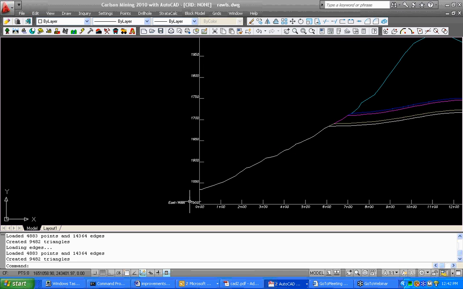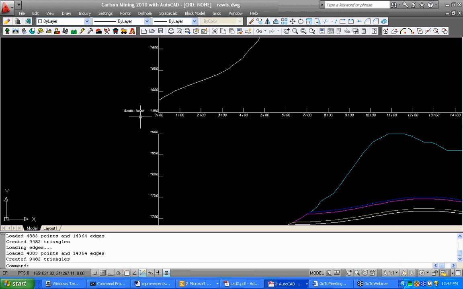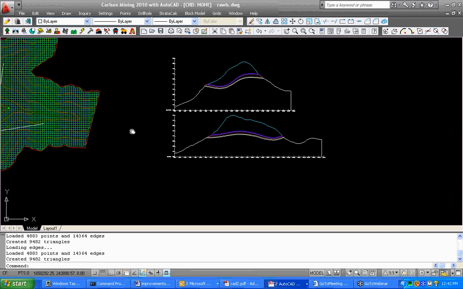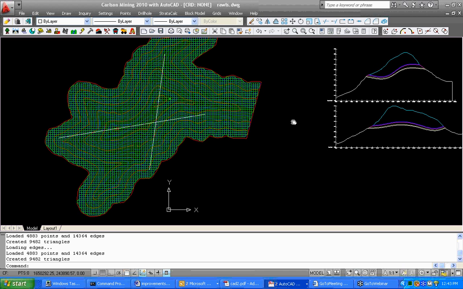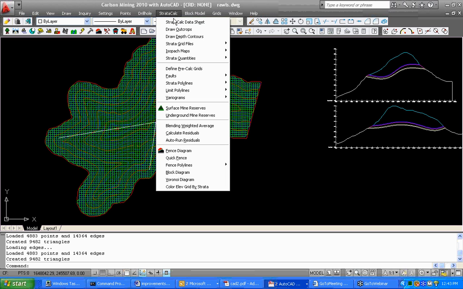So this one is called east to west. This one is called south to north. So you can process multiple, and it's a lot easier to select because it will only pick up tagged fence polylines. And for the real-time fence diagram,